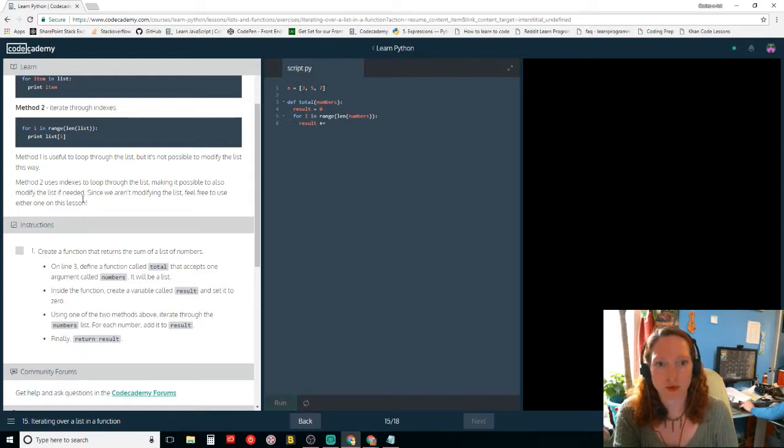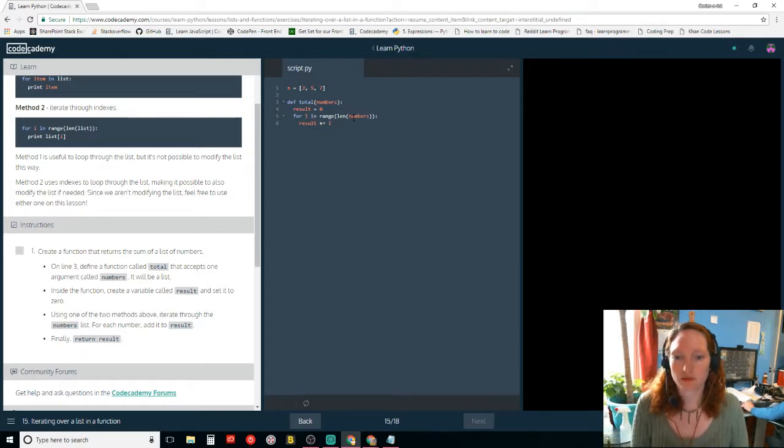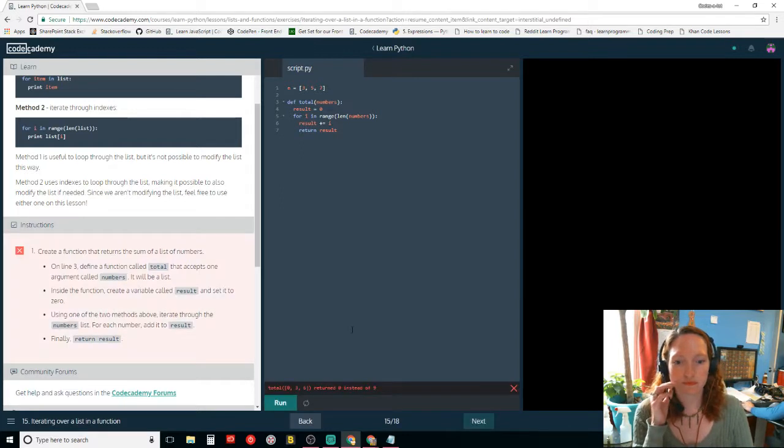Maybe it's for i within the range of numbers, take the result and add i to it. I think that's it. Plus equals i. And then return result. Okay, 3, 5, and 7 should return